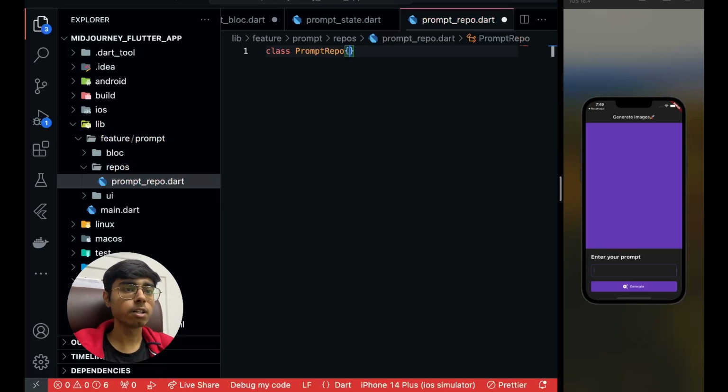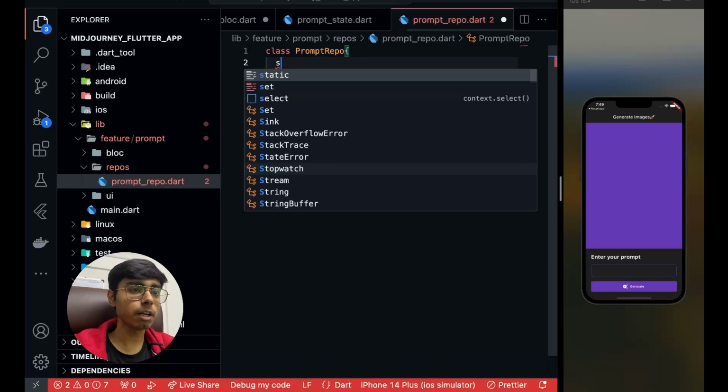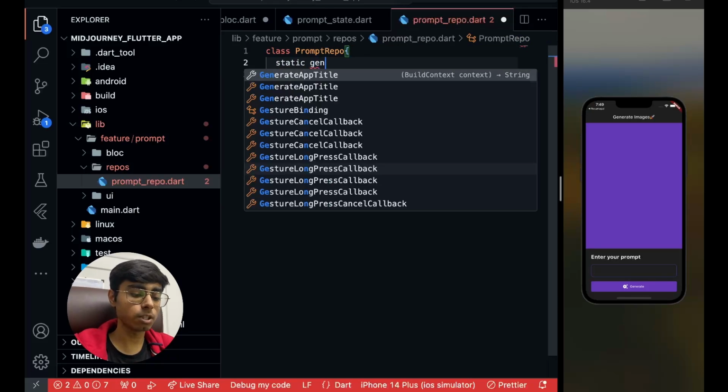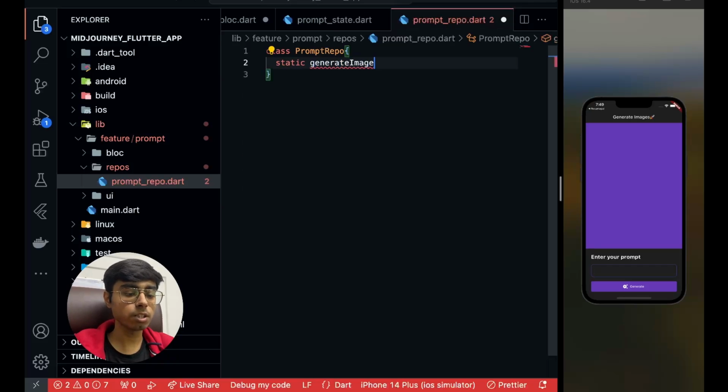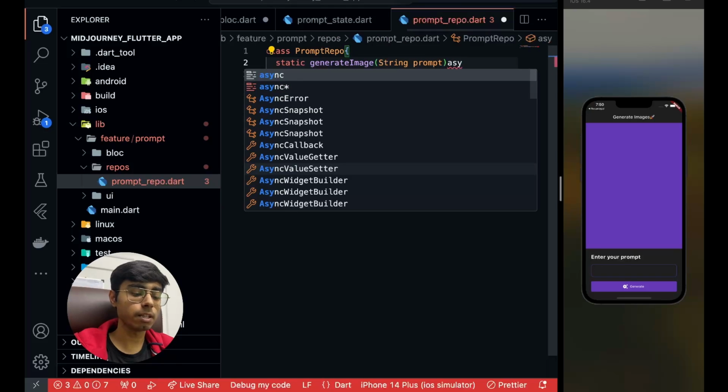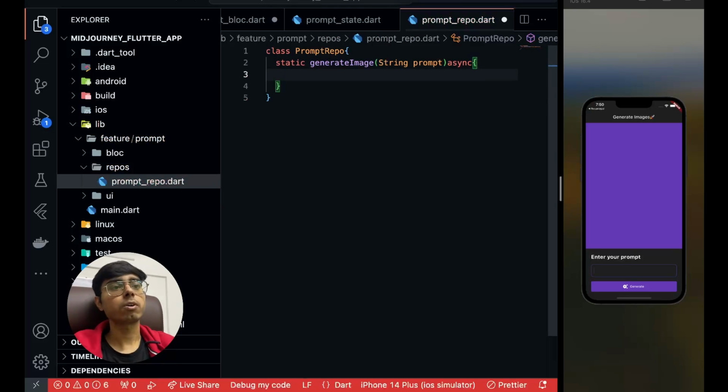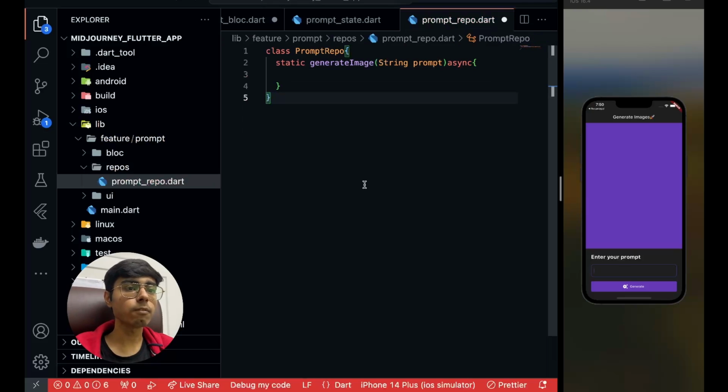call, right? So we have to make an API call to Midjourney, send it the prompt and get back the image. Here I'm going to create a static function, and this is going to be the generateImage function, which is going to take my prompt, a string prompt, and it is going to be an async function. Now we don't know what to do, right? So to know what to do, you have to go to your